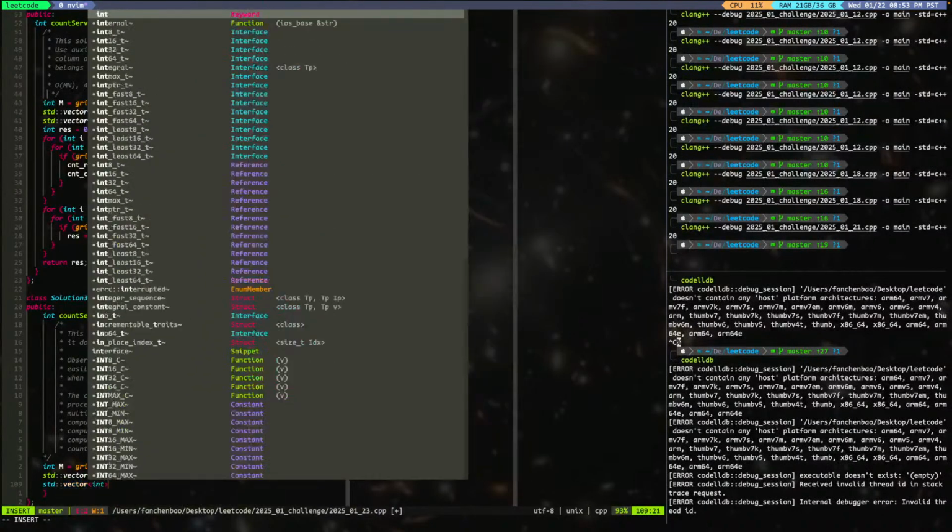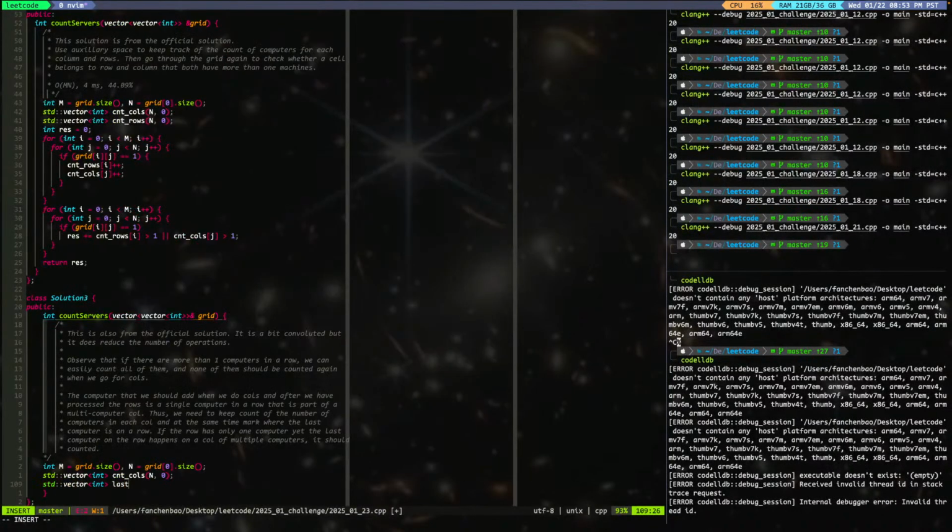Say vector int last computer on the row. For each row, what is the position of the last computer? Then for int i, 0 to i smaller than n, plus plus, for j,